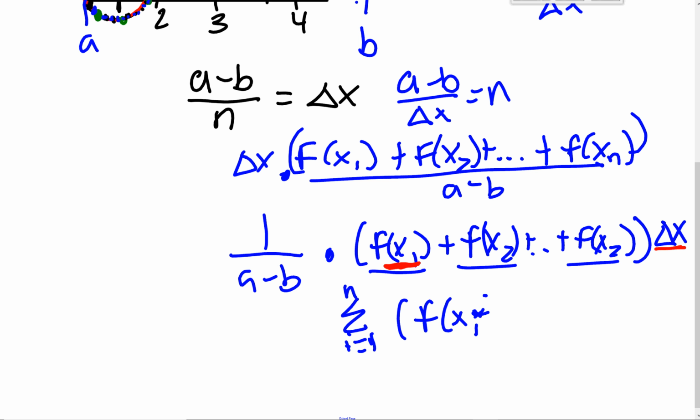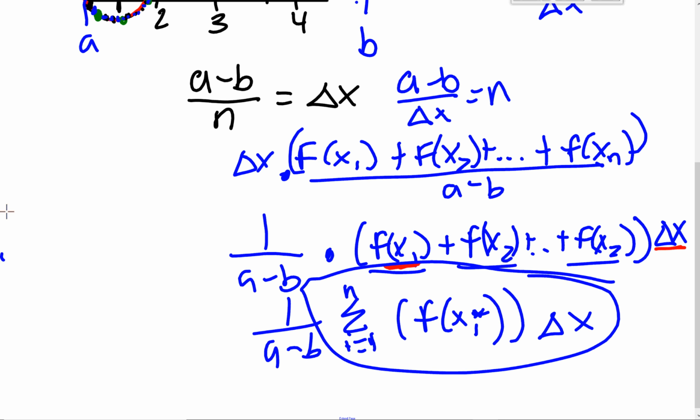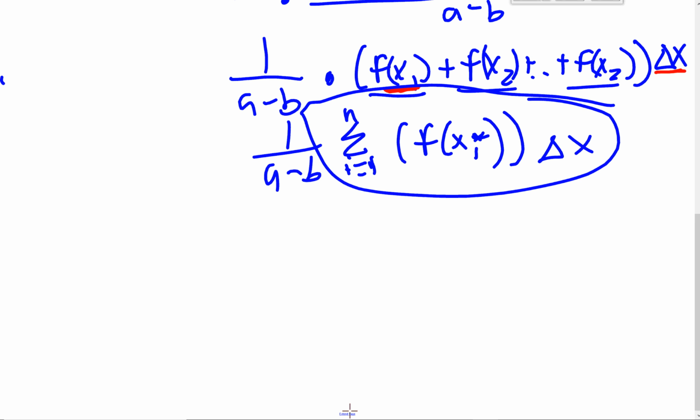That's where this little asterisk comes in, and that's being multiplied by the change of x. And then I'm multiplying that by 1 over b minus a. And we remember this part as the integral. So that is the definite integral, right? From a to b